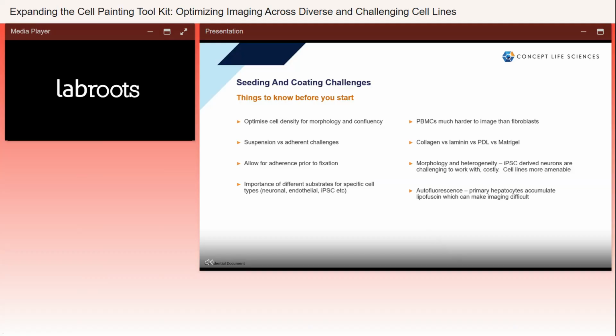Testing for background signal in each imaging channel during assay development is essential, especially in highly complex assays like cell painting. And then finally, gentle washing steps are important for loosely attached and adherent cells. Using automated liquid handlers with slow aspiration rates and tilted plates can help minimize any cell loss or lifting that